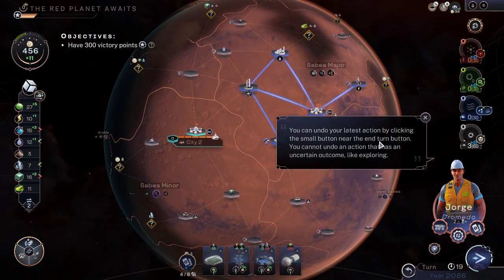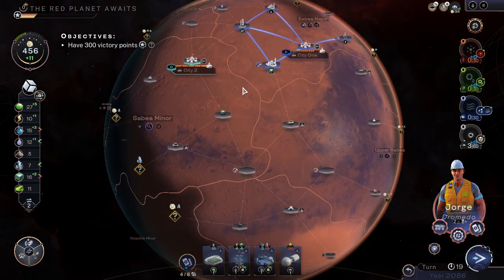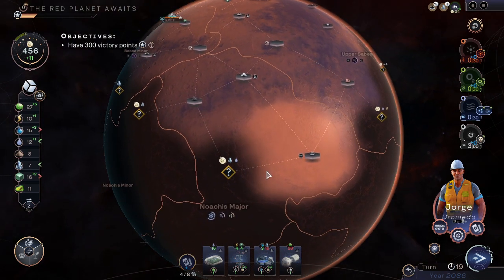You can undo your latest action by clicking the small button near the intern button. Okay. Well, that's nice. You cannot undo an action that has an uncertain outcome like exploring. Lovely. I guess if you could, it would just undo the... It wouldn't make sense of, oh, you explored that area. Wait, nope, I didn't. Okay, well...